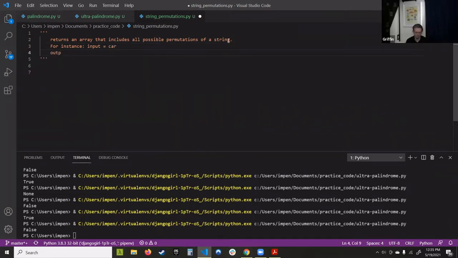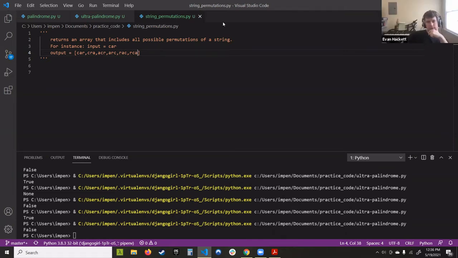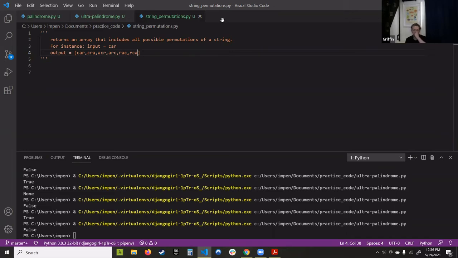I think to do this, you'd start with all the permutations that start with C. So it would be CAR, CRA. And then you would want to do ACR, and then ARC, and then RAC, RCA. Yeah, exactly. This is basically what I was picturing, something like that. So